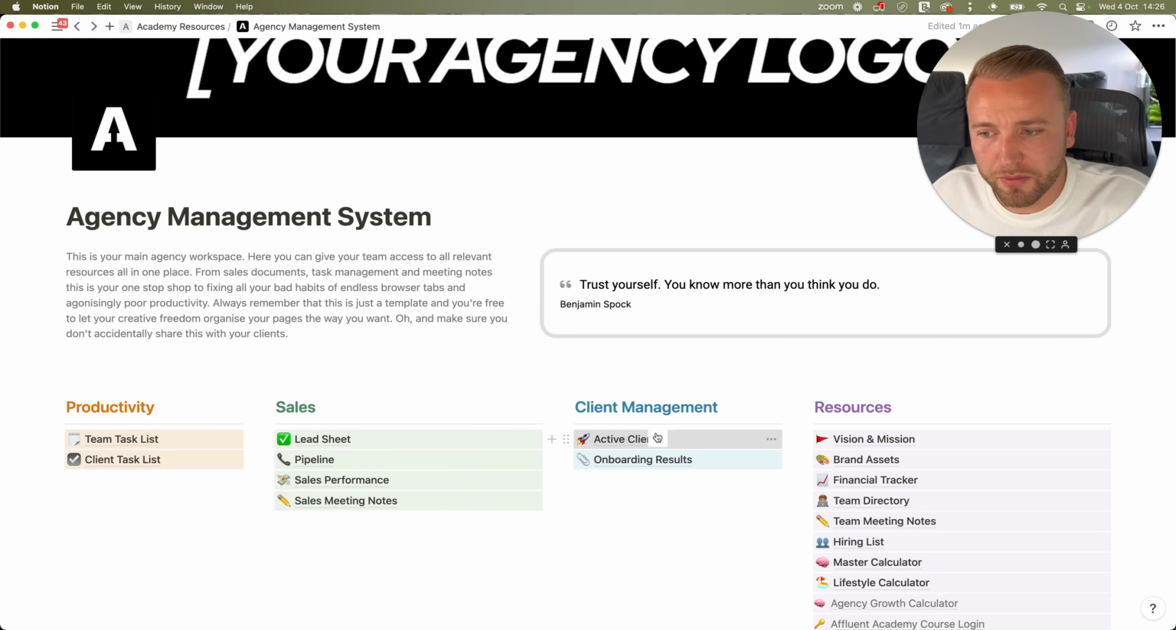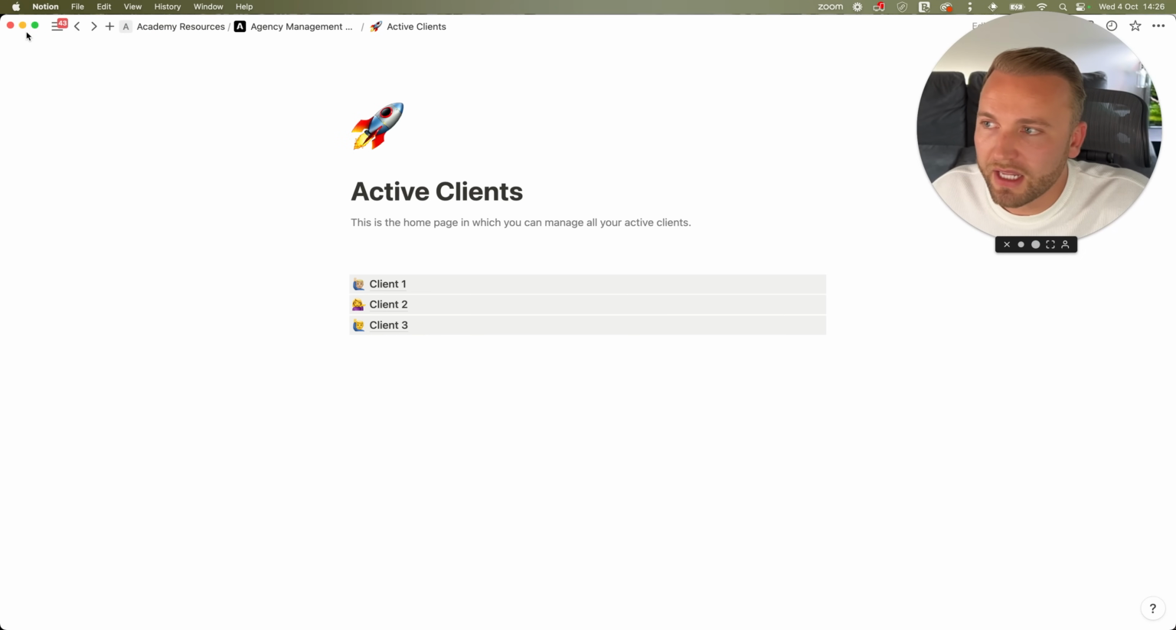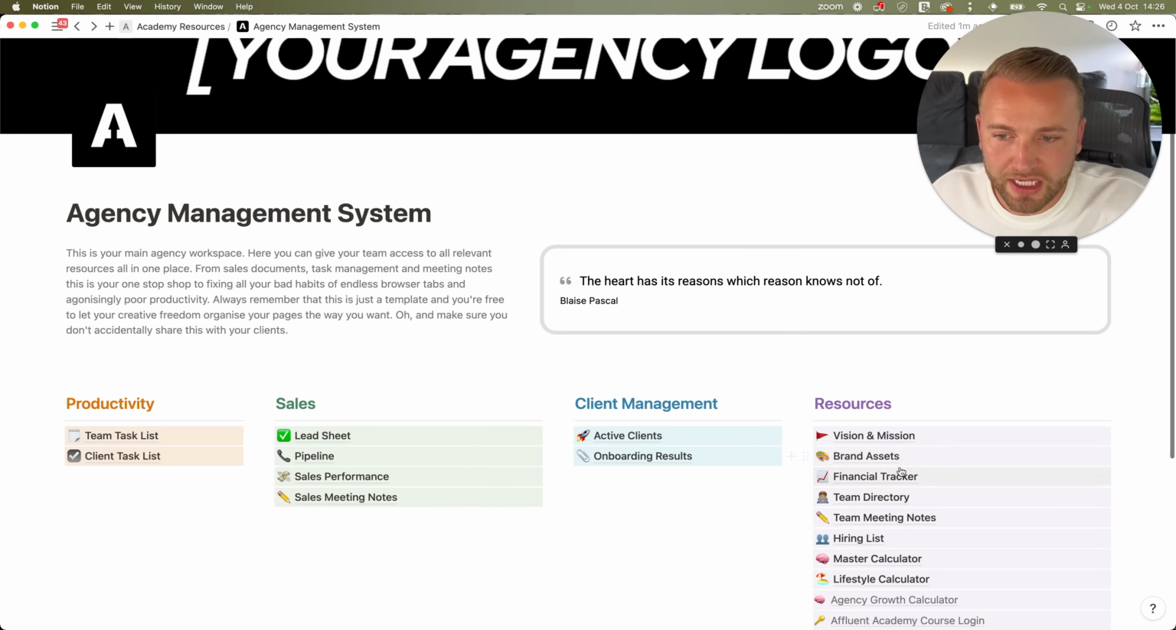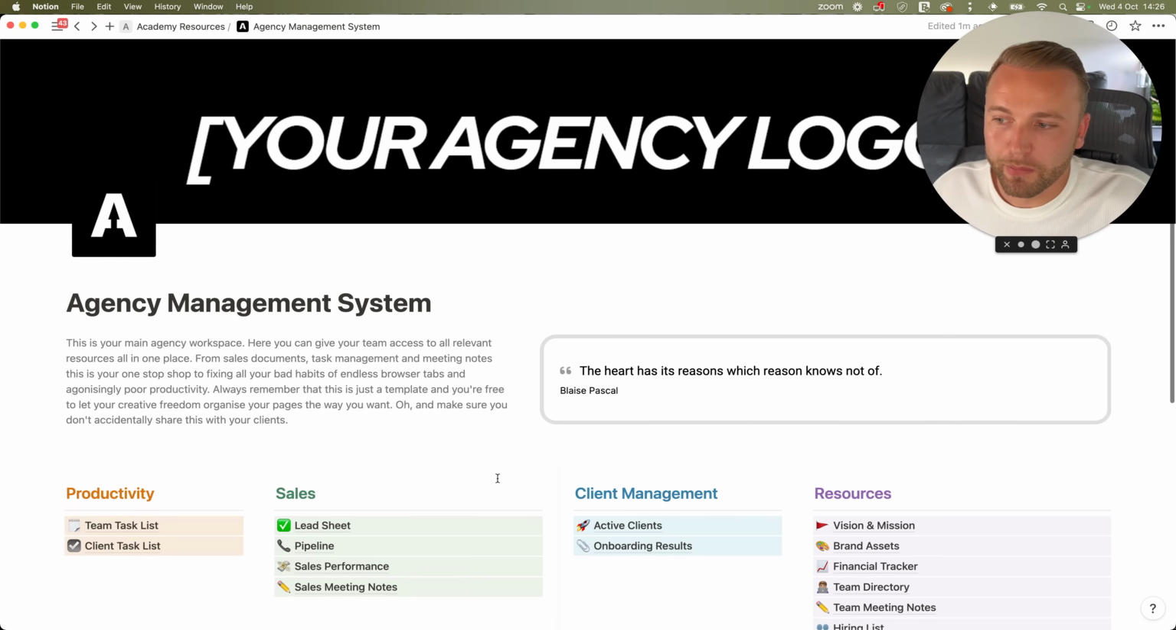We've got client management, so a list of all of your active clients at the moment, your onboarding process, media assets, any advertising reports that you've created, and any meeting notes. And then we have other things operationally, like your brand assets, your vision and your mission, your financial tracker, your team directory, etc. But most importantly, in the early stages, you're going to be using Notion as a sales